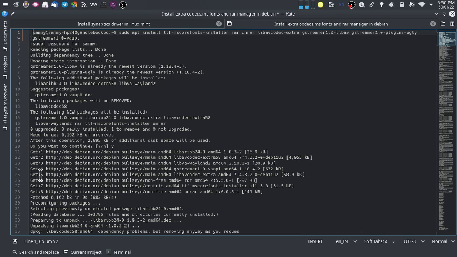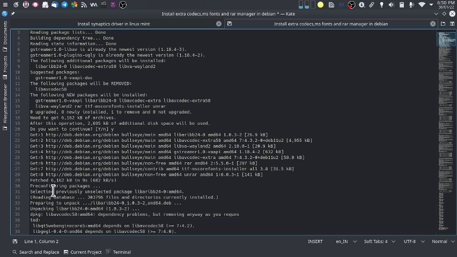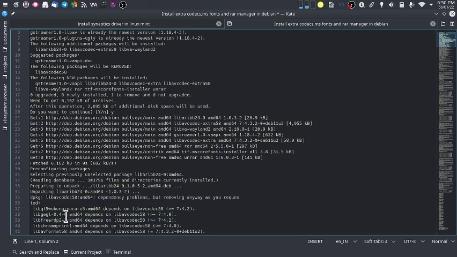Yes. So then it will get the new packages, pre-configure packages, and remove the previously unselected package libarib24 amd64 version. Then it will read the database of files and directories. Then it will start to unpack the new installation packages.